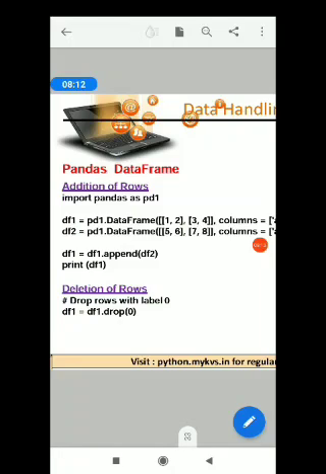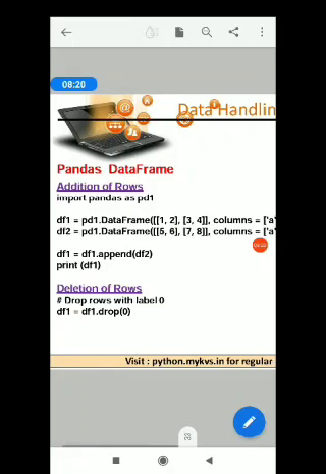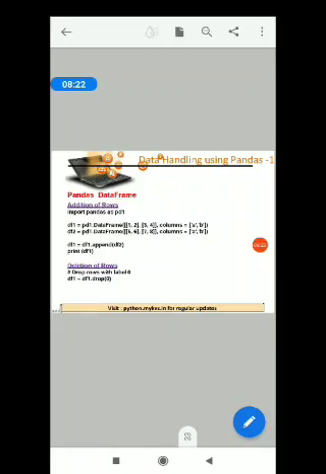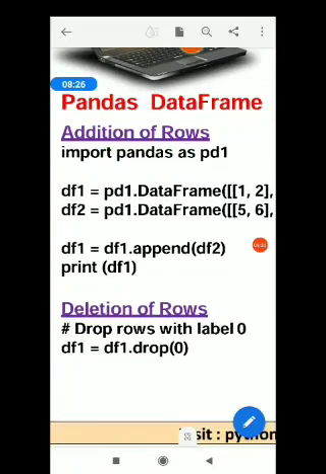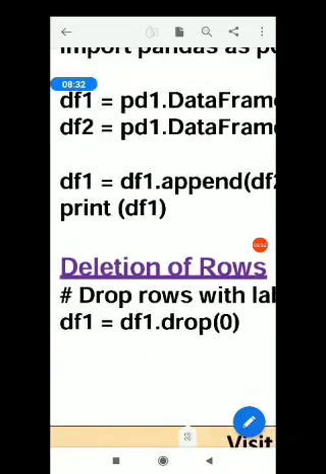Please note down df1 equals df1.append(df2). So we are merging df1 and df2, and print df1. You'll see the required output. I want the output to be given by you. And if you want to delete some row, using the label you can use the drop function.